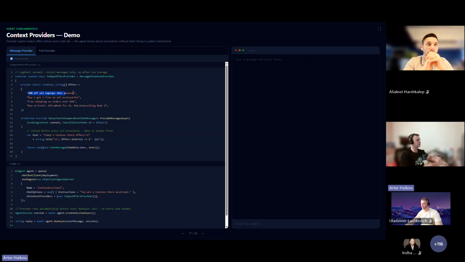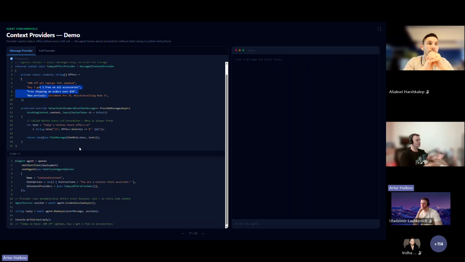Like, okay, today we have a 20% laptops discount, and so on. And how to add your custom providers? Again, we just need to add our custom provider into the AI context providers object, and that's all. In this case, in the pipeline, your custom provider will work.